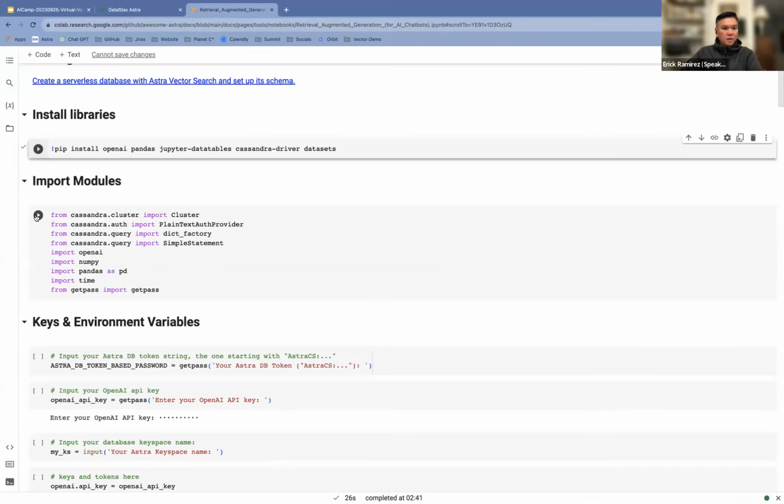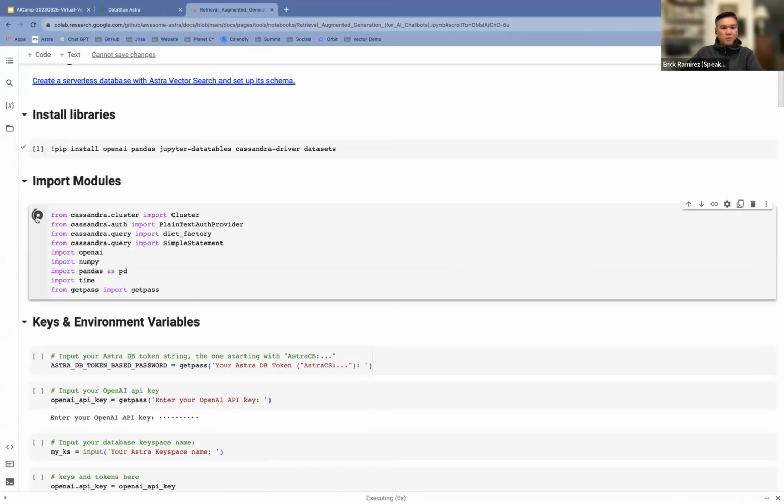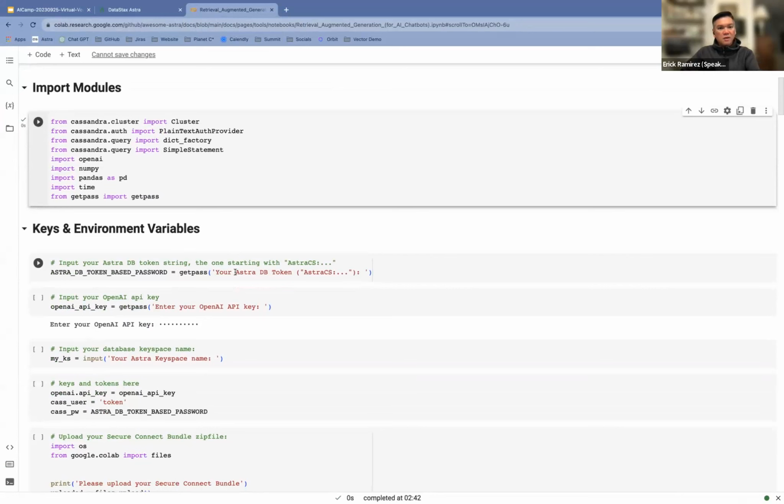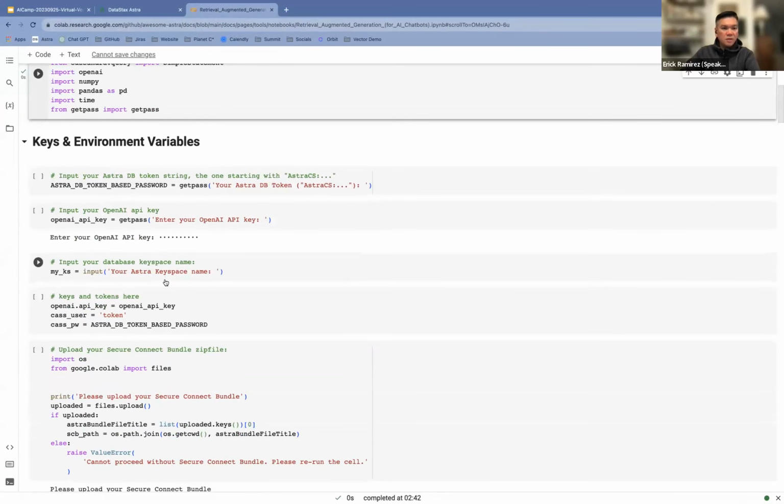Now I'm going to run the import for the modules. That's really quick. The next step is we need to save the details.